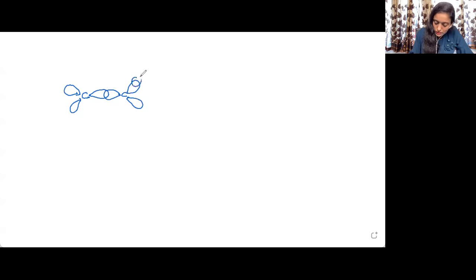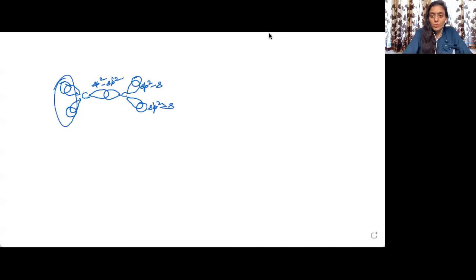So now this type of bonds will be formed. It is sp2-s bond, sp2-s bond. And similarly, these two are also sp2-s bonds. Now, this is sp2-sp2 bond. Keep making lots of notes, okay? Do not do it just by looking into it. You need to take notes, okay? So I'm just erasing it.